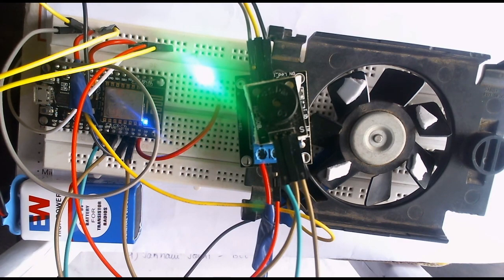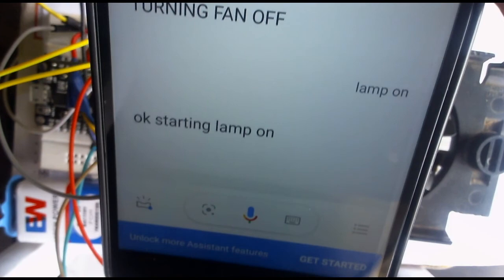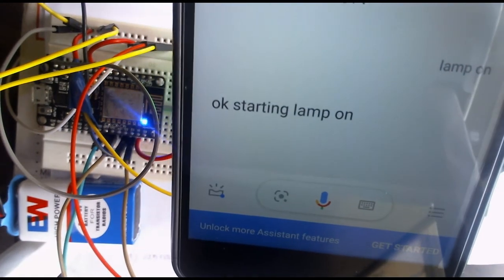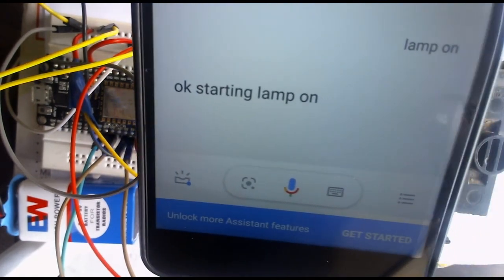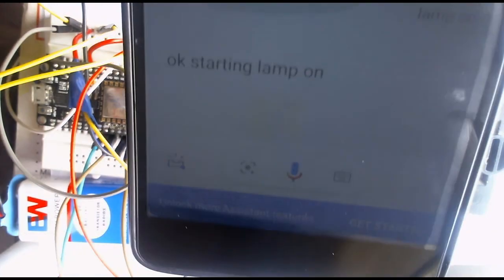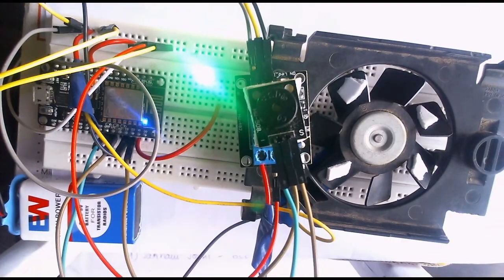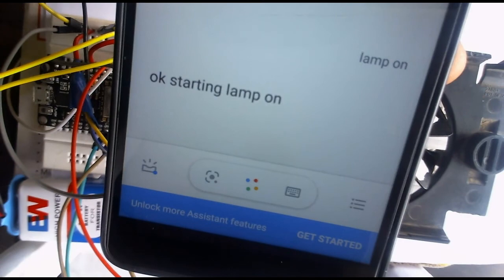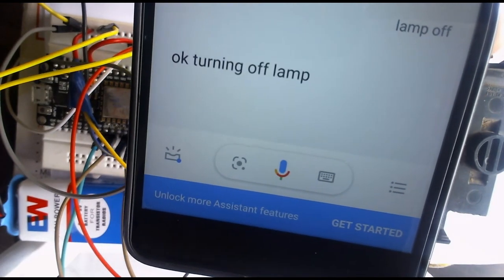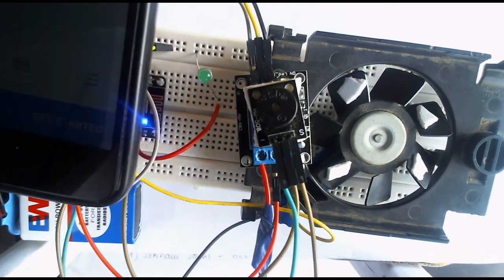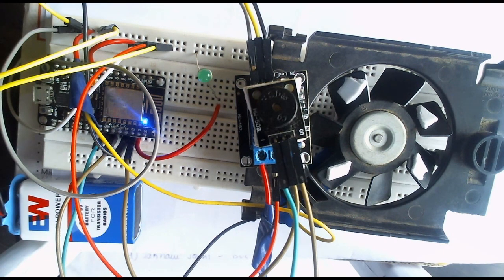Now see, I have sent this command, and I get the response from Google as okay, starting lamp on. In the same way, if I want to turn off this LED, I can send the command lamp off. Lamp off. Okay, turning off lamp. Now you can see the lamp is off.